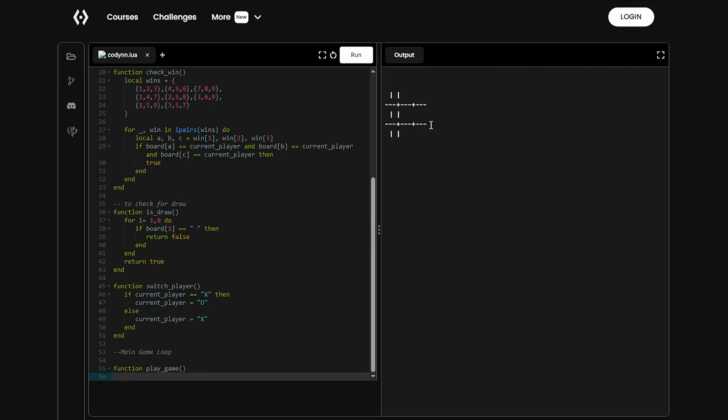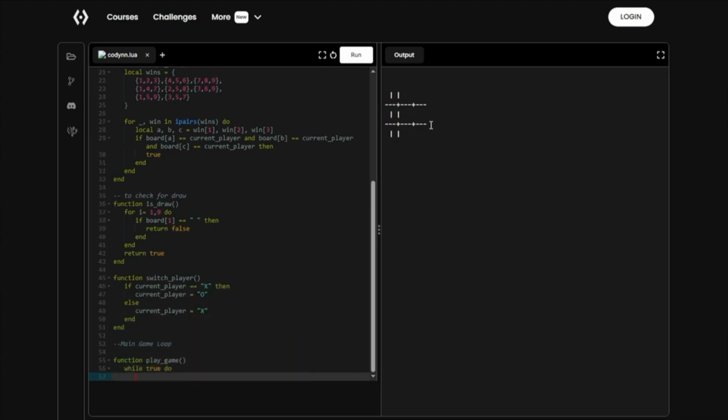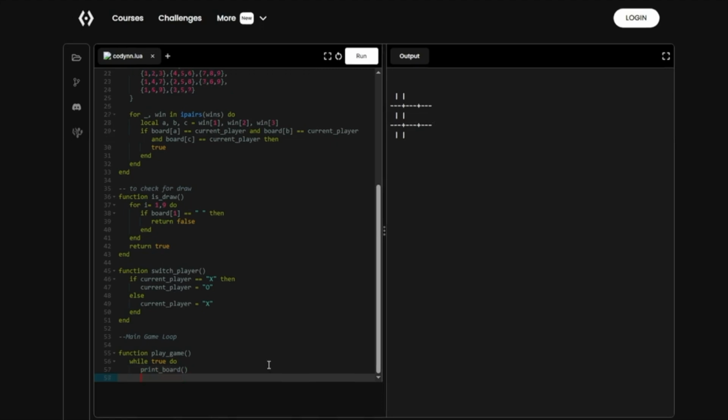Now since we want to keep running this loop until someone wins or the game ends in a draw, we will have to use a while loop so that it keeps running as long as the condition is true. So while true, do, first of all we'll print the empty board so that our player knows that all of the spaces are empty. So print board,